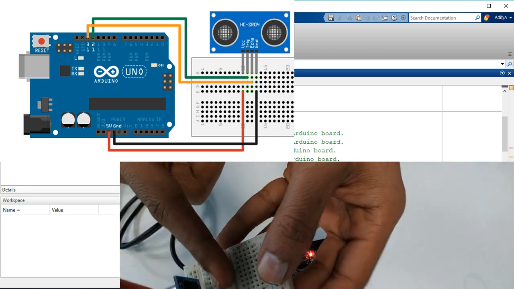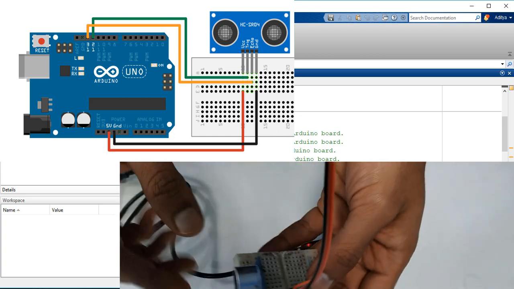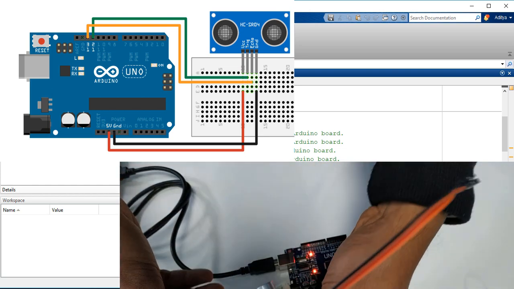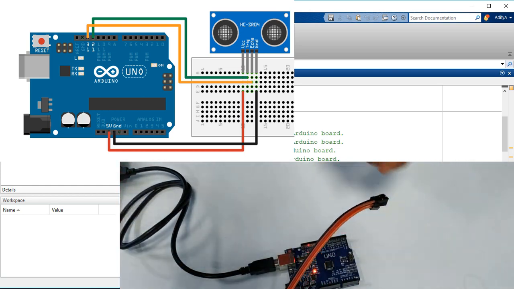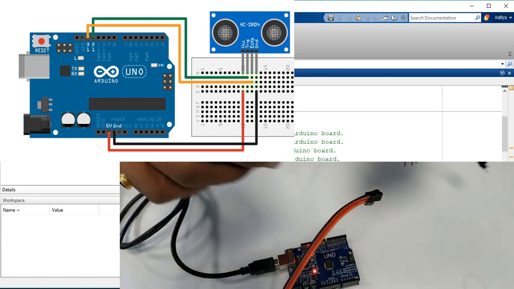Now what we have to do is connect the VCC pin to VCC of the Arduino. That's the 5 volt of the Arduino. And I'll add a few more extension wires so that we can experiment furthermore. I'll tell you later why we are doing it.